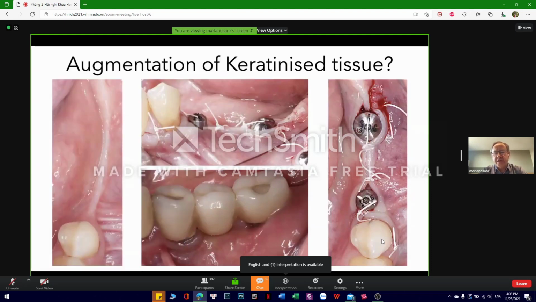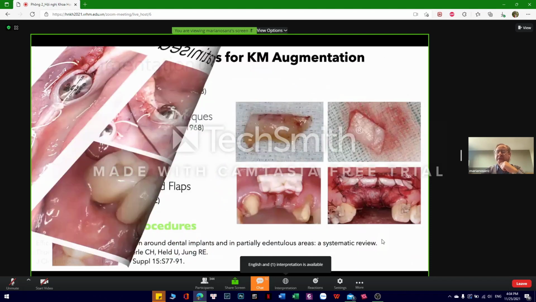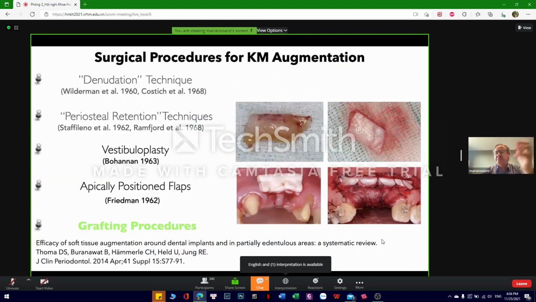So it is important to realize that in many cases, when there is a lack of keratinized tissue, such as around these implants on this 3-unit bridge, we need to evaluate the indication of augmentation. And in the classical literature, there have been several techniques, surgical procedures that have been indicated for keratinized mucosa augmentation,